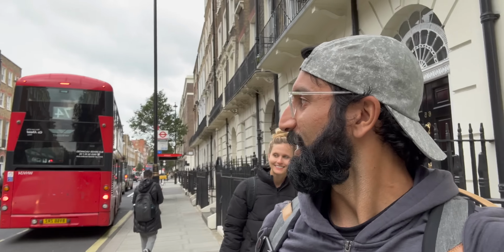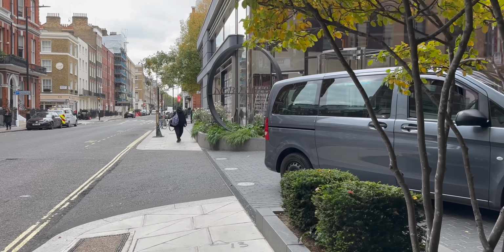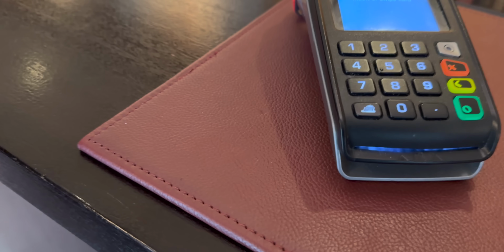I tapped my watch to the Oyster terminal, and we didn't get oysters or sardines, but it seemed like it worked. So we got on a double-decker bus, but we didn't actually ride it. We didn't go on the very top, and we missed our stop. Did it work? No, you don't have the...